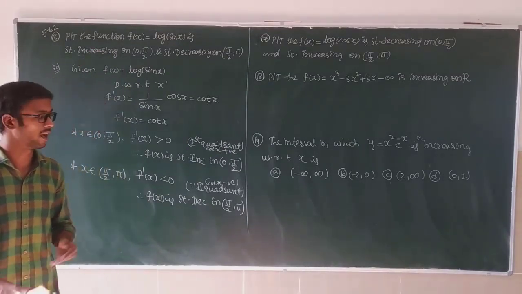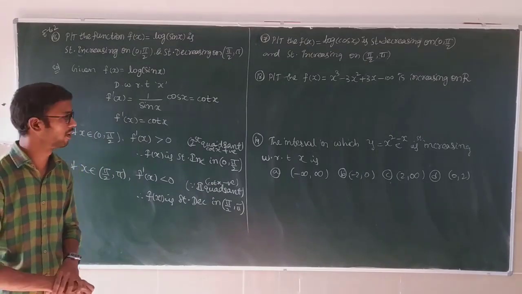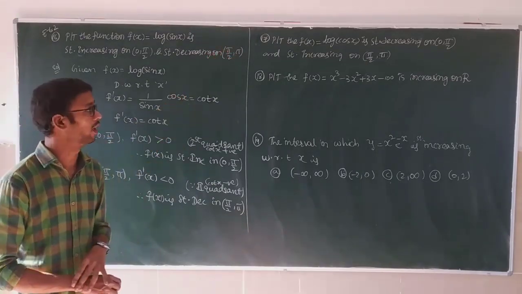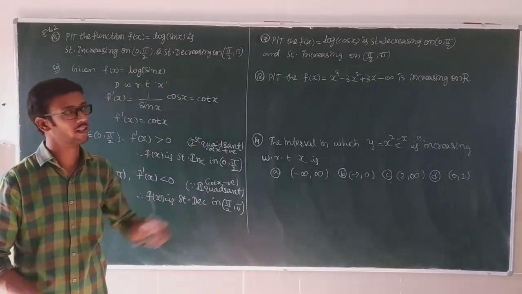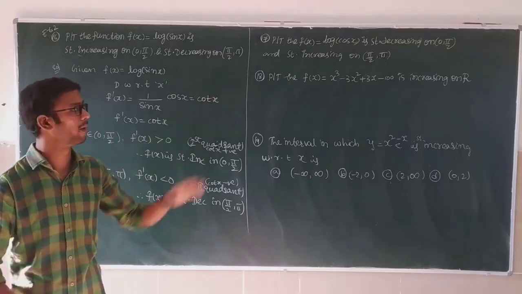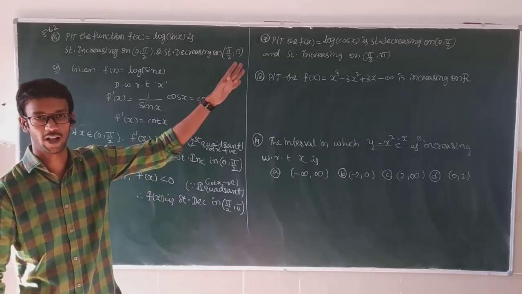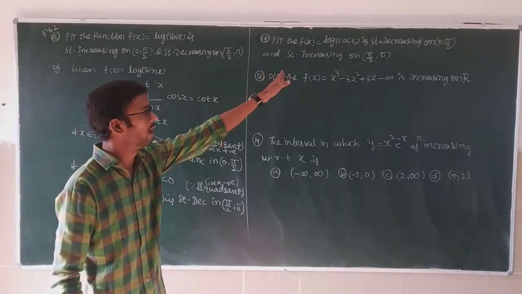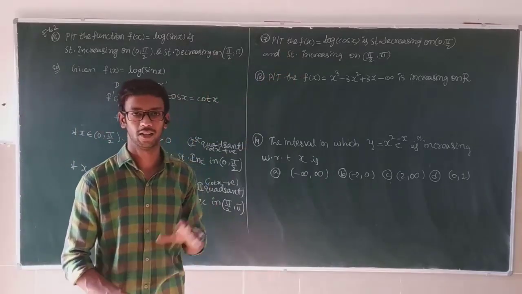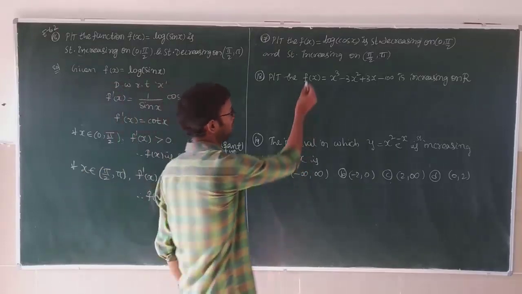Those are easy problems; we already discussed a lot of that type. Especially look at problem 17. Here log of sin x is there, log of cos x is there. So you will get minus tan x as the derivative. f dash of x is minus tan x, and show the two intervals where it is strictly increasing or decreasing. Do this one.